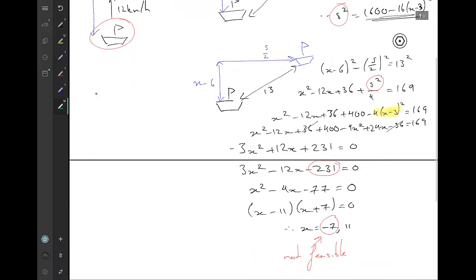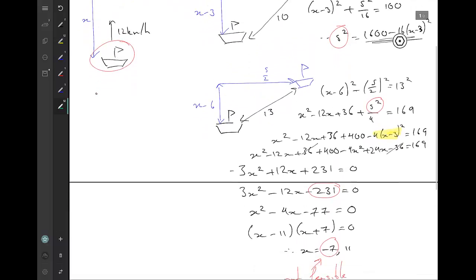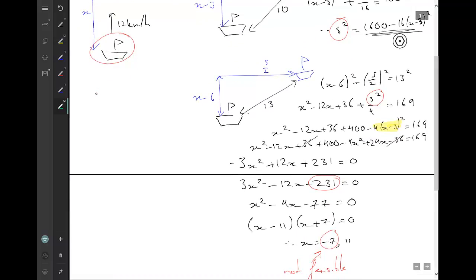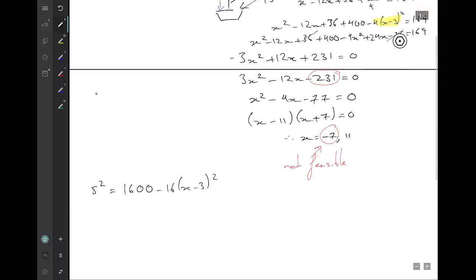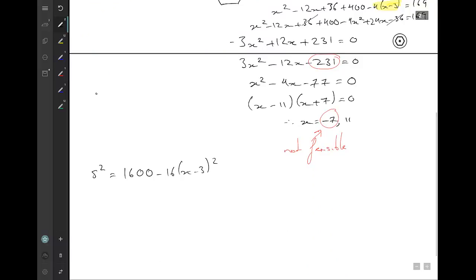Okay, so to work out s is not so bad. We just use this equation, so this one over here. And so let me write it down again, down here. So we end up with s squared equals 1600, take away 16 times (x minus 3) squared. I think that's right. Yep. So we put in our correct answer, which is 11 for x. So we end up with s squared equals 1600 minus 16 times (11 minus 3) squared